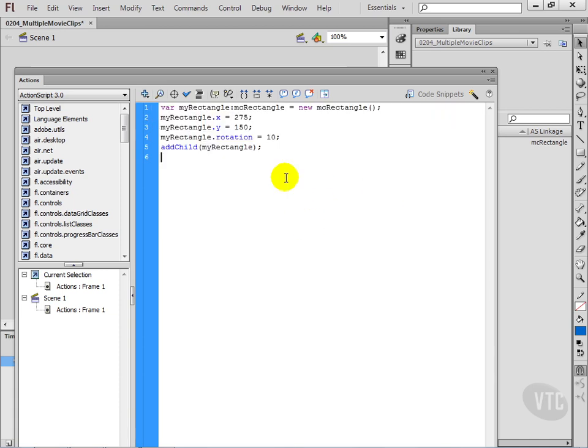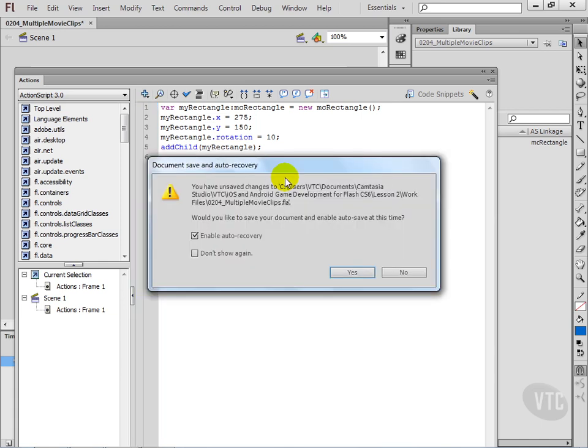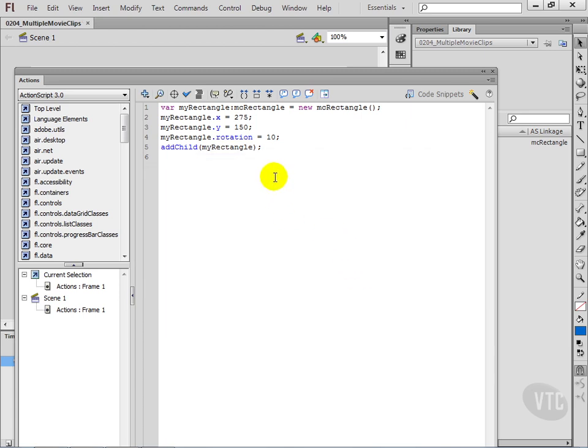If you need to reference the code that I'm working on here, you can open up the work file 0204 multiple movie clips, and that will give you the code, and you can reference that. But I think it'll be good for you to write it out from scratch, as we will be doing right now. So, continuing on from my last lesson's code,